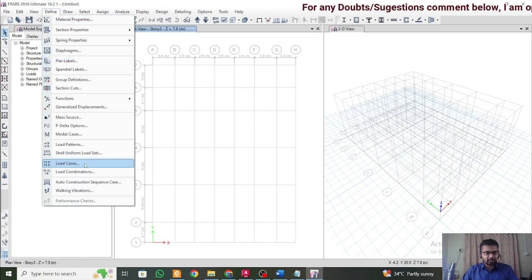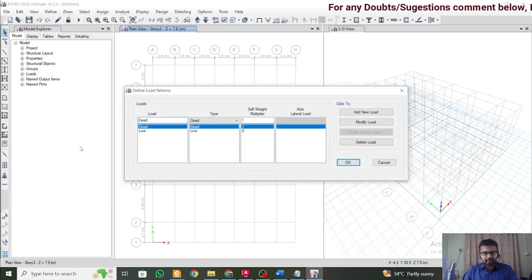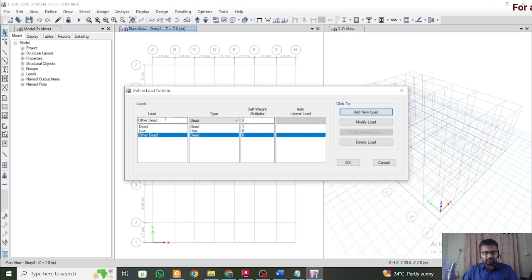Now let's jump into the load patterns. Now in the load patterns, we'll add another load called the other dead load, in which we'll add all the floor finish and the other dead wall loads on the beams and the other. So these are the dead loads which we'll add, but this will not be inclusive of the self weight, because self weight we're considering this. So we'll add new load just in case, and then we'll add the seismic load,